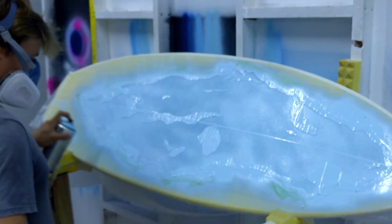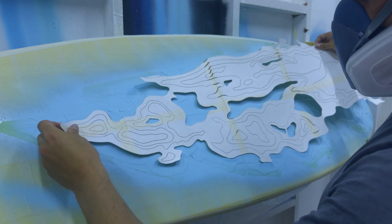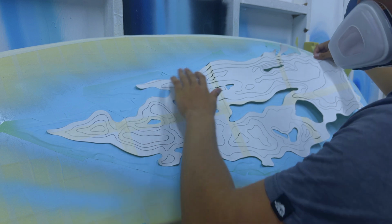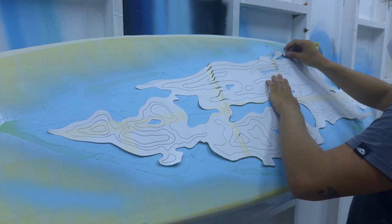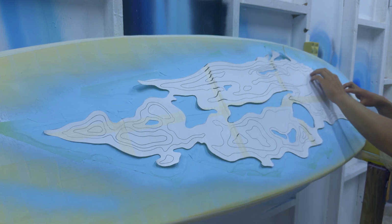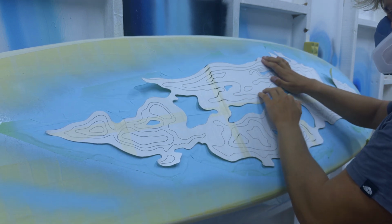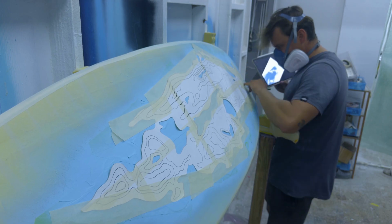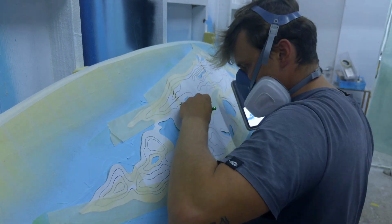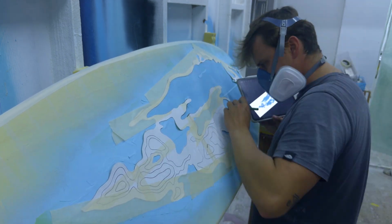So basically this process all together took me around 2 days of straight work. It takes a lot, but this is the stuff that you're not going to see anyone doing. The reason is that I like to take inspiration from a lot of different art industries and use different techniques. Obviously I'm using a lot of techniques that are typical for making surfboards, like thin glassing and other stuff like that, but